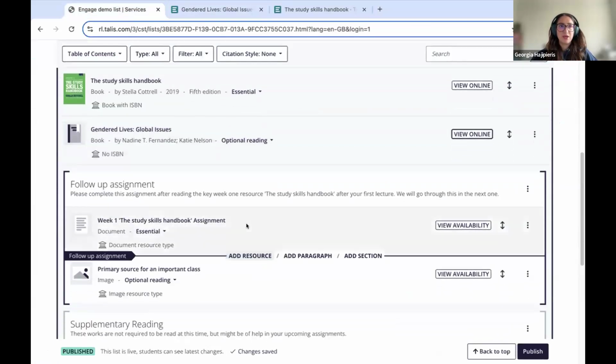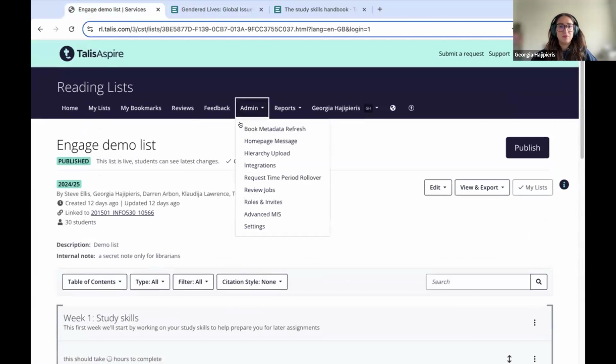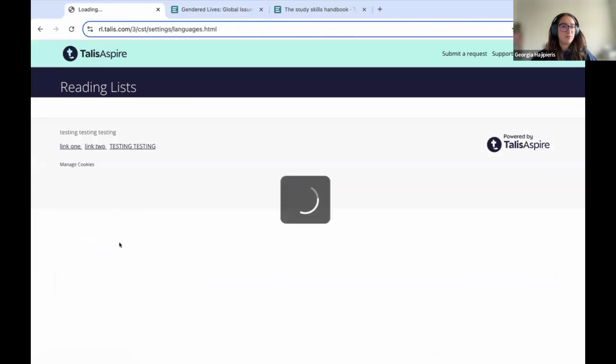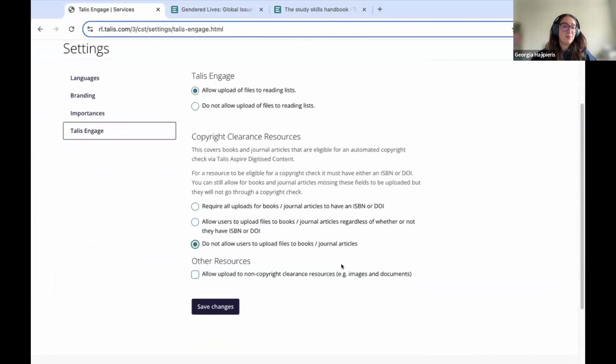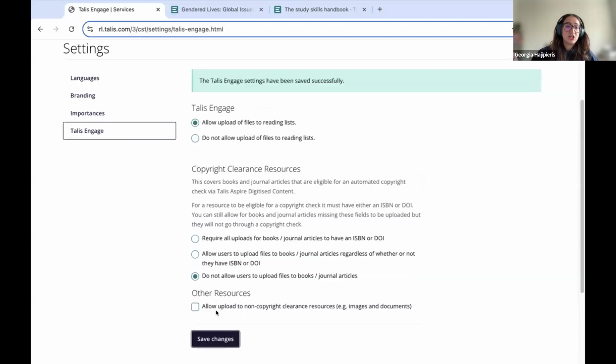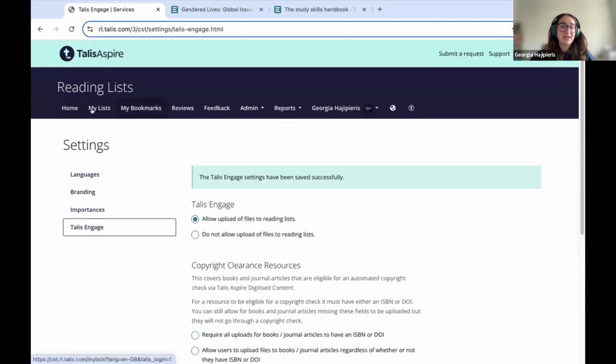Now, if we go to the settings area again, you'll see the settings area quite a bit in this demo. We can also talk about not allowing uploads to books or journal articles at all. We've heard from some of our customers that the way they want to use Engage is to just upload academic created resources like lecture notes, and they don't want anything to be uploaded to books or journal articles, just documents and things like that. So we can save these changes here,